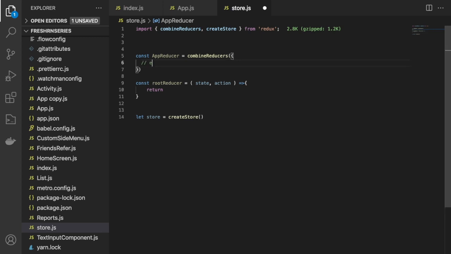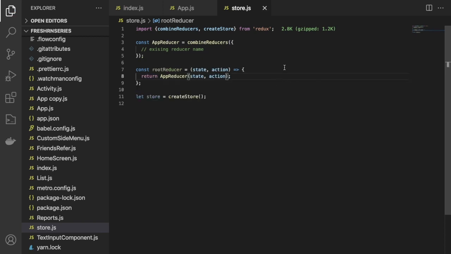The reducer name. And I have to call here appReducer by passing this state and action. Cool. So here we have this createStore.